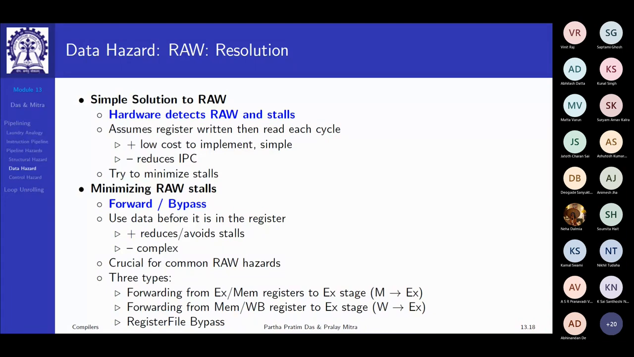Now this is low cost to implement. It's simple, but it will reduce the basic throughput of the system. So we have to try to minimize the stalls. Now, how do we minimize the stall? There could be a hardware solution to that, which is quite common, called the forwarding or bypassing solution. So the basic idea is that, again, if I go back